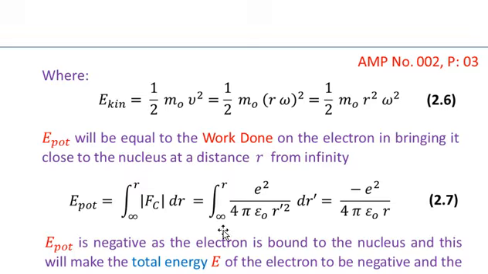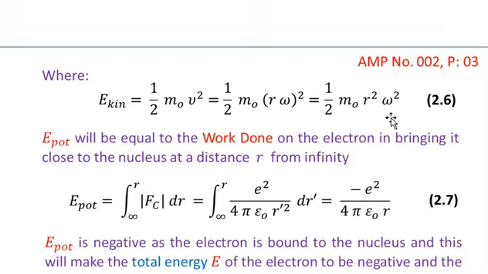So we have the integral from infinity to r, and then I have substituted the mod value of Fc, the Coulomb force, which is equal to e square over 4 pi epsilon naught r square. Here I am using the dummy variable r prime, and dr is also changed to dr prime, because in the integral these will not matter. After performing the integral, you will get minus e square over 4 pi epsilon naught r. This is equation number 2.7,